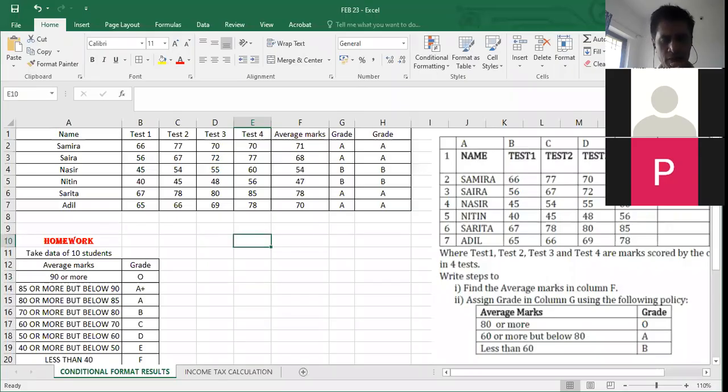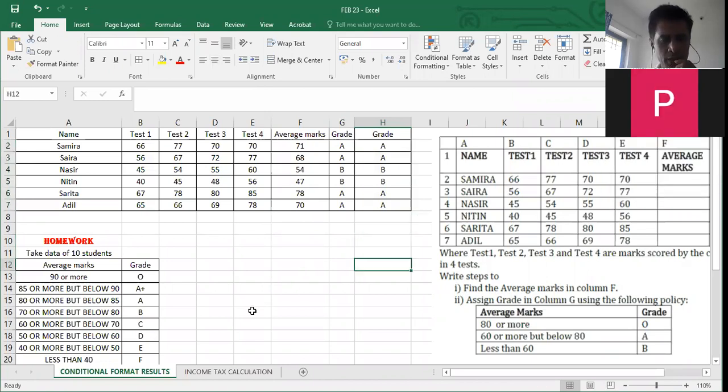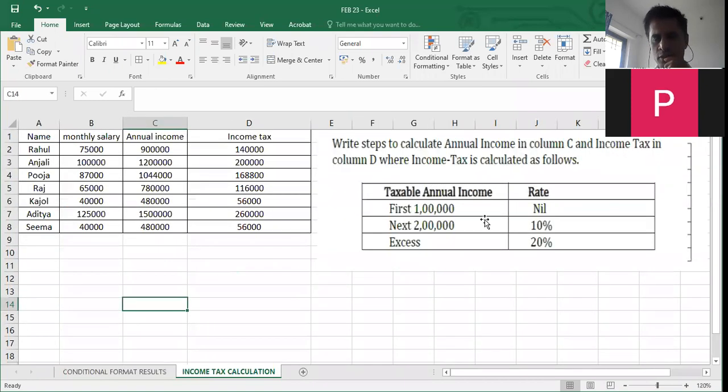See, the summary of today's session. You can find average marks in integer as well as float format. And grade based on MS Excel formula. Here, this is about doing it manually. If you have a large amount of data, you should use Excel formulas, and then the income tax calculation based on different policies.